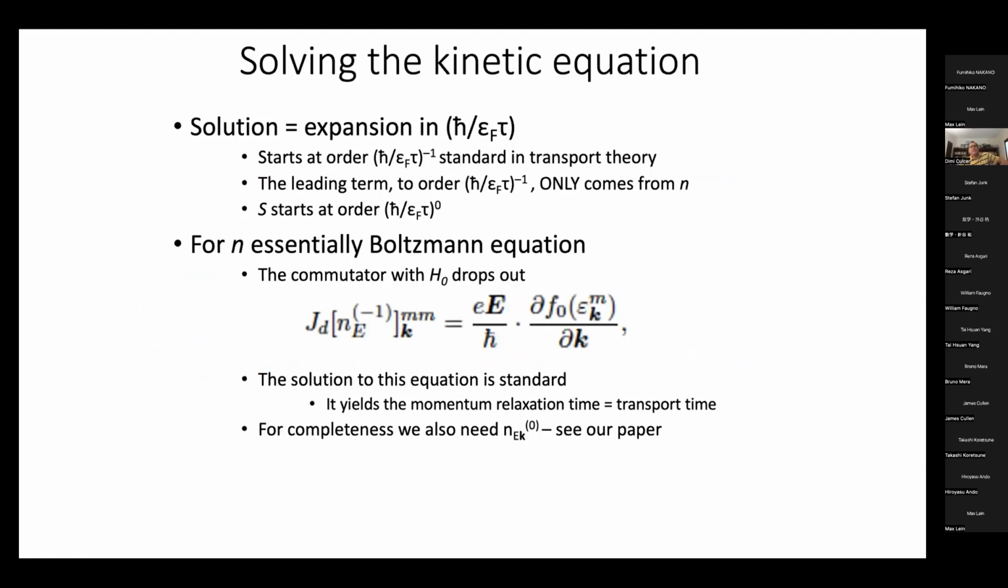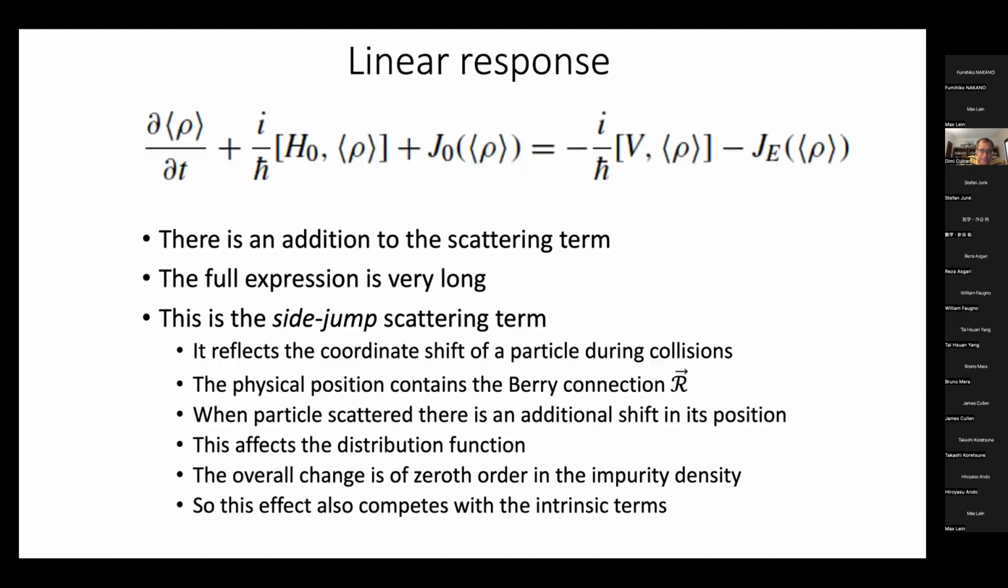So the solution, we said, is an expansion in EF tau. This is really the key to everything, so if this slide doesn't make sense, then please ask. Okay, let's look at this equation. I said that we start from this kinetic equation here, and I say, let's look